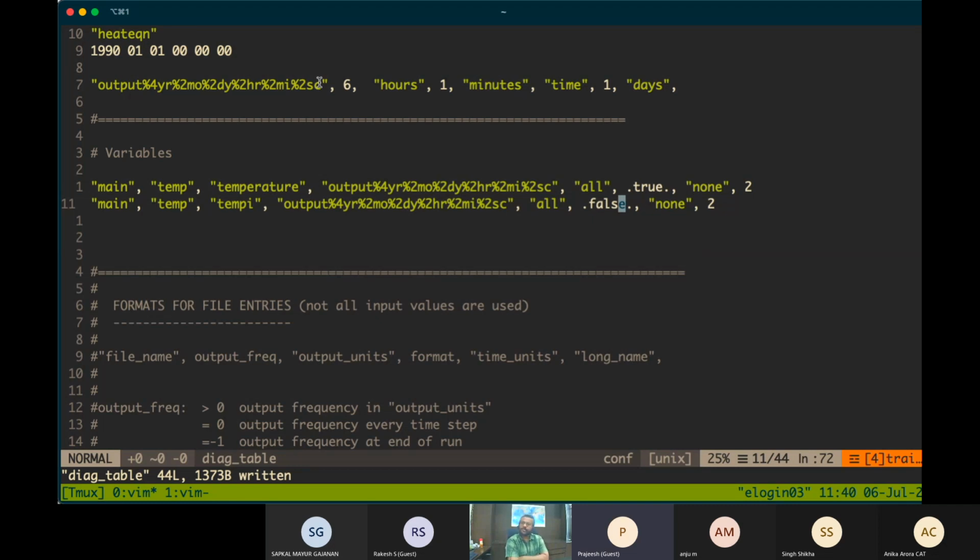The good thing about Diag Manager is you can get all kinds of different output without changing anything in the code. You can get a different frequency by using another file and putting the same variable in that.